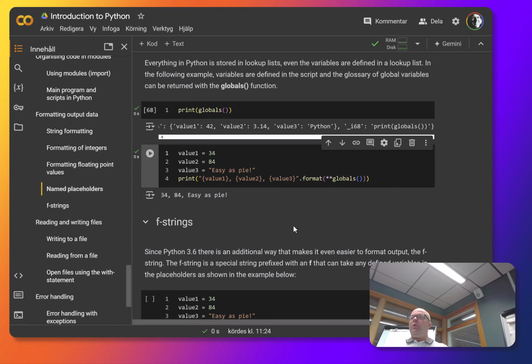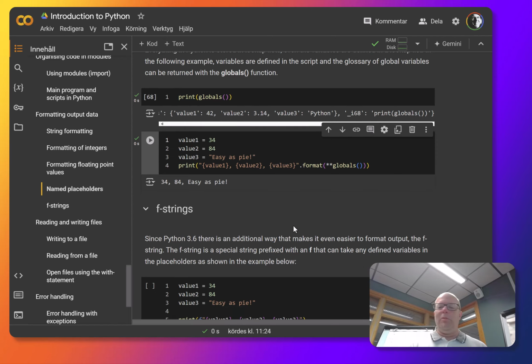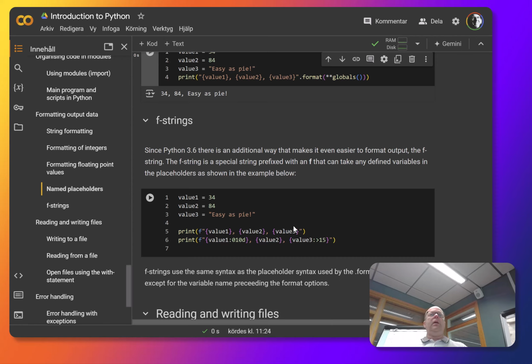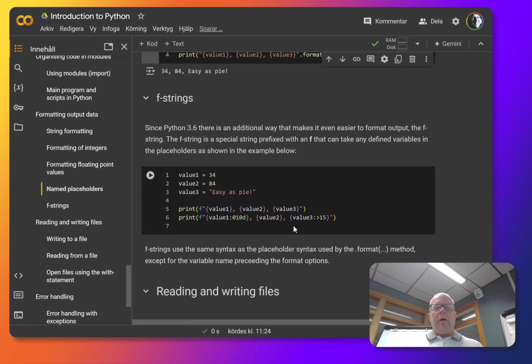But you don't have to use this. You can use the next form, which is the F strings. And F strings are kind of the method I showed you here, but in a syntax variant. So in this case, I have values 1, 2, 3 here, and I put a prefix on the string called F. And that tells Python this string will have formatting values inside it, and you interpret that automatically for you. So if I have 3 values here, I can just print them out by putting curly brackets here